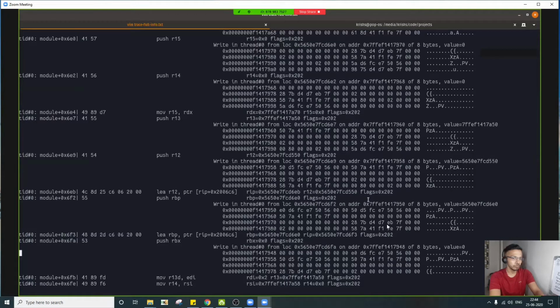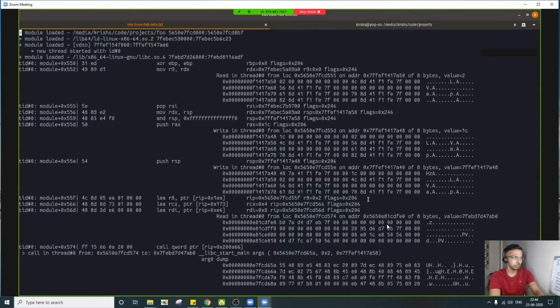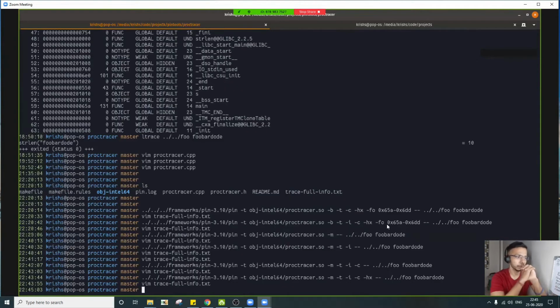So this way you can actually get a pretty good understanding of typical functions, what data they are operating upon, and also the use cases like data propagation. Let's say you pass some data and then this data gets passed through different functions. You want to understand what part of data is going where. That analysis can also be derived from such a trace log.